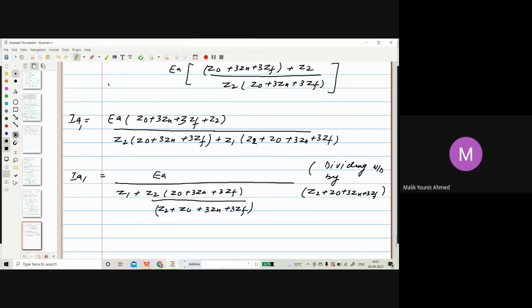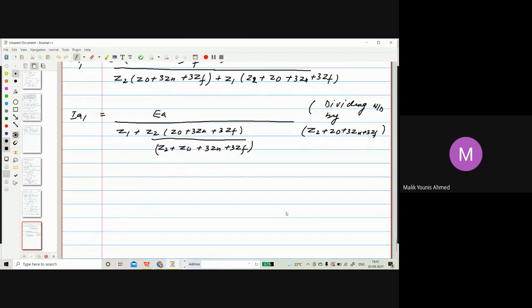Okay, so this is simplified already, but we'll write it like this. I1 can be further written as EA